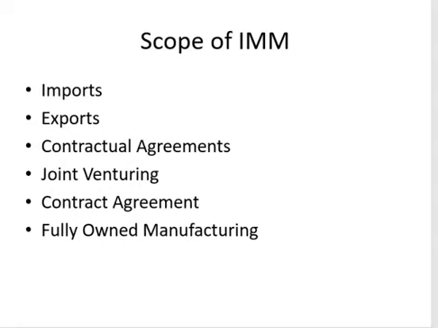And some companies will also provide contractual agreements for manufacturing and production of their goods and services for an agreed period of time. And some companies would also like to start their own venture in other foreign nations. Say, for example, Mercedes-Benz is operating on its own in India. Same with BMW and Audi. Likewise, these are companies which give ample opportunity for something called the scope of international